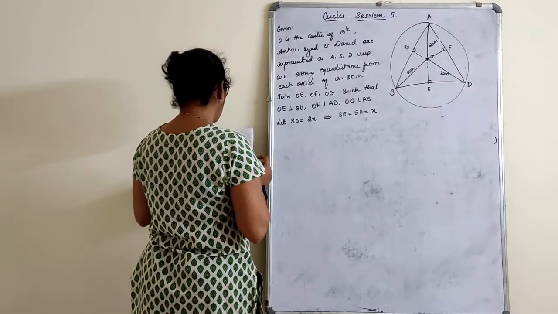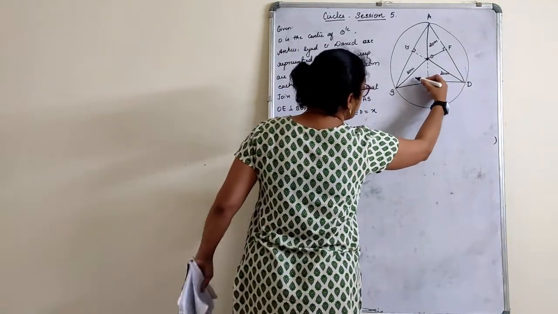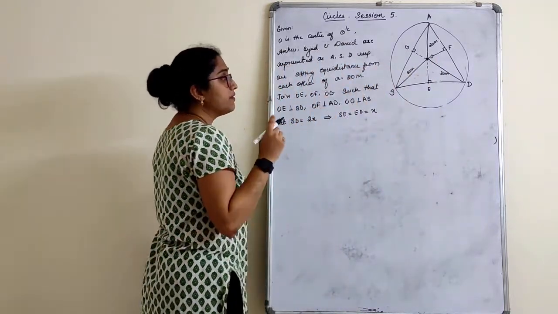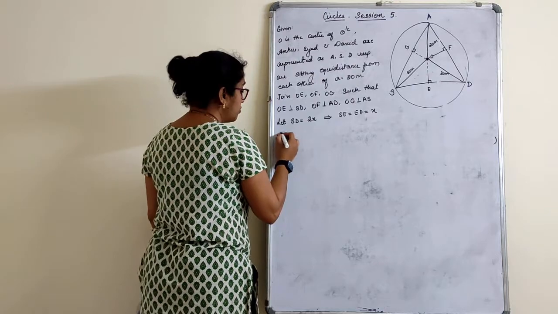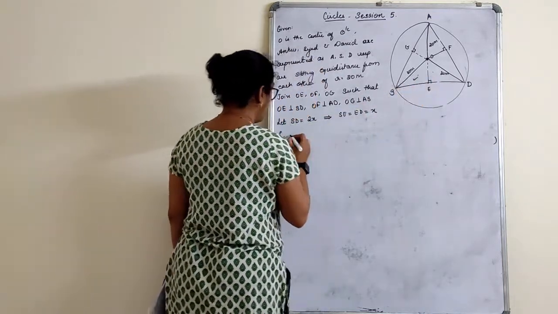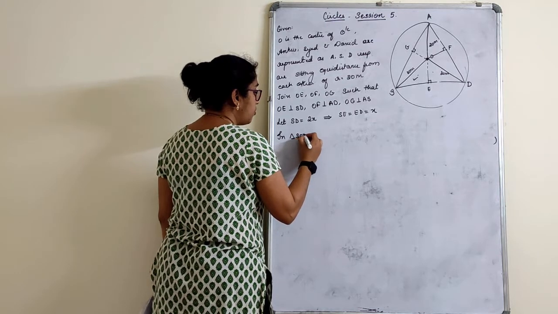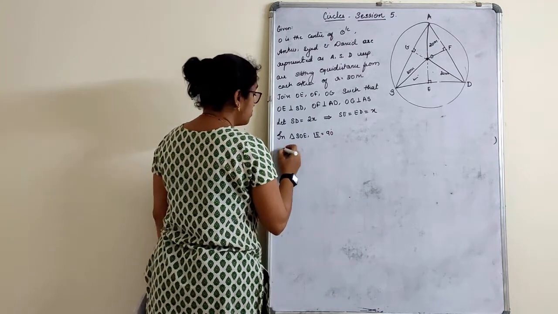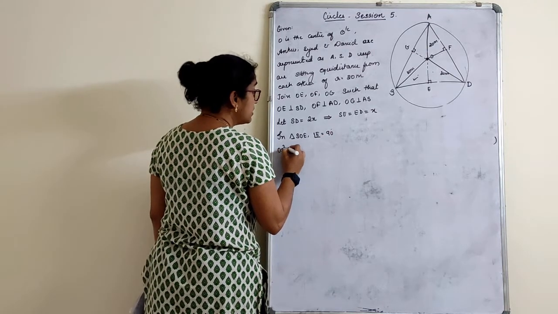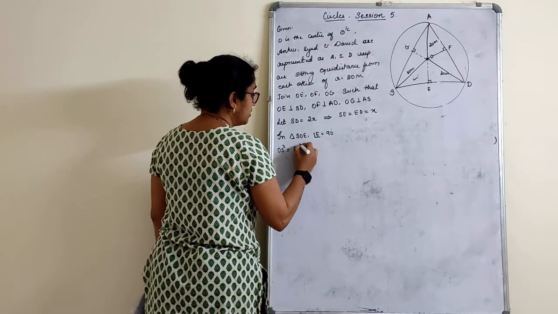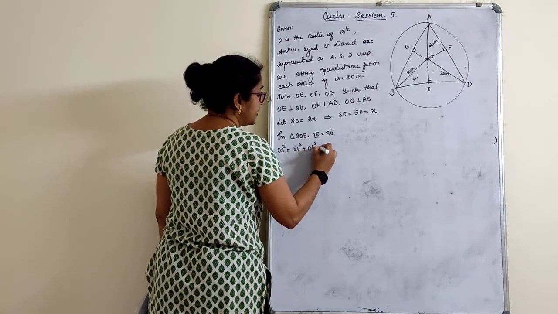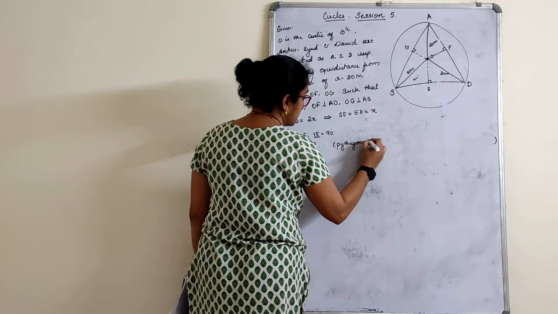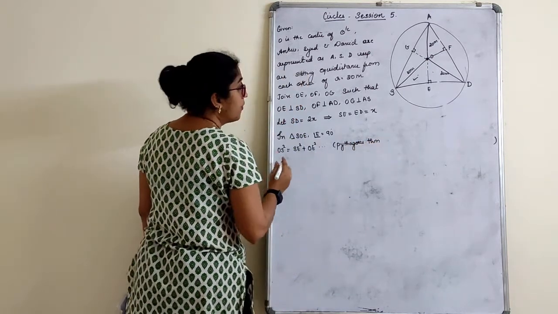Now let us choose a part of a triangle, or let us say that we will choose any one part of triangle here, this or this, and let us find one height. Whatever height you find is going to be the same thing. So I'll choose one triangle. This triangle I will choose now. In triangle SOE, angle E is equal to 90 degree. Okay. So OS square is equal to SE square plus OE square. Reason: Pythagoras theorem.